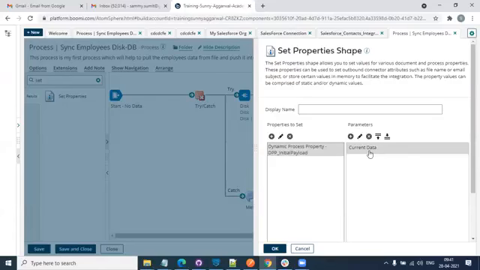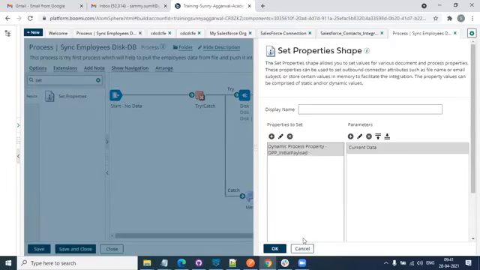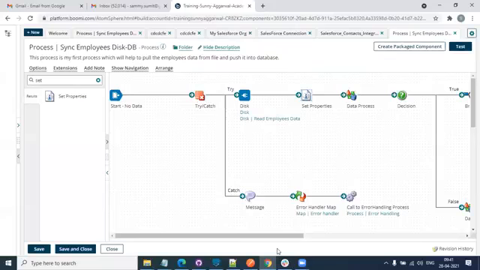Request payload. This is nothing but request payload, right? And that request payload, I'm storing it in a property. Why am I doing that? So that I can retrieve the request payload later on using this property. I will repeat. What I'm saying is, right after this disconnector, I'm using a set property